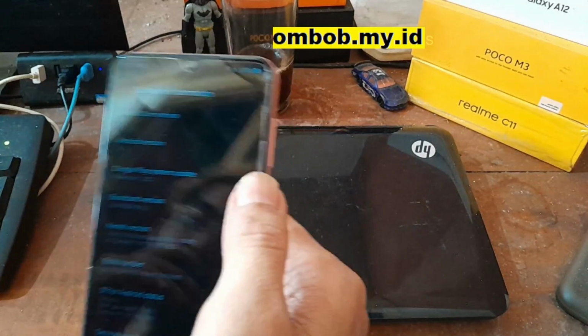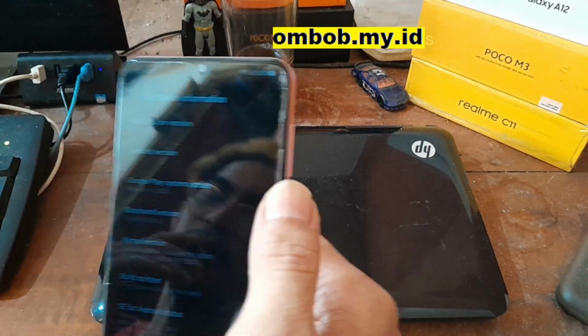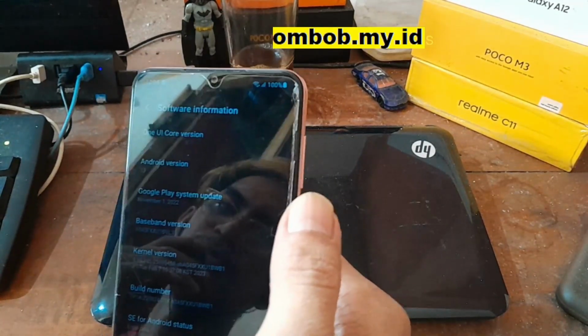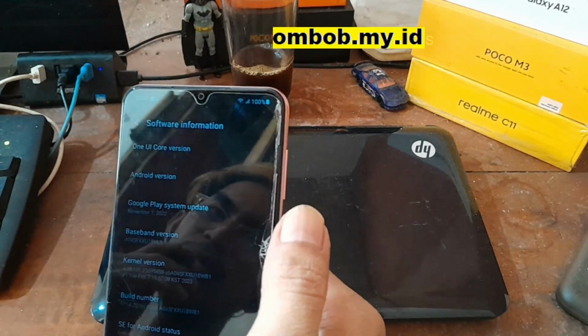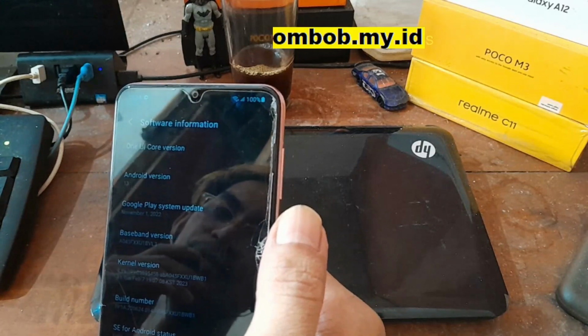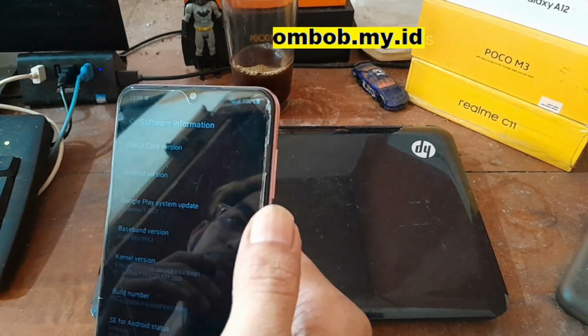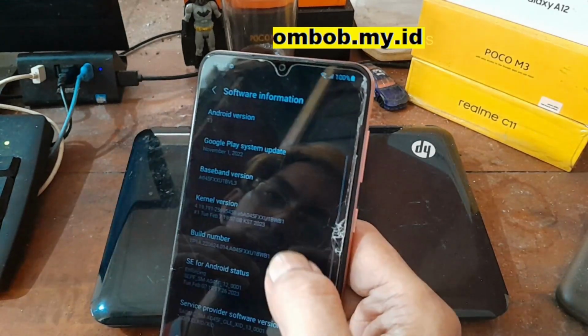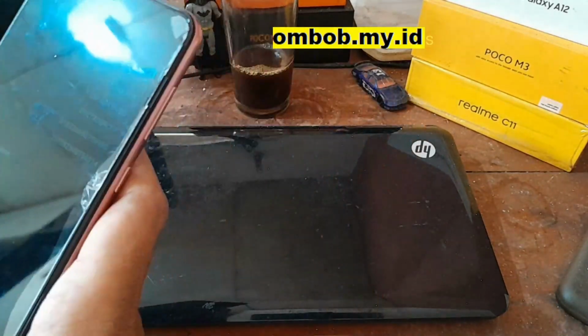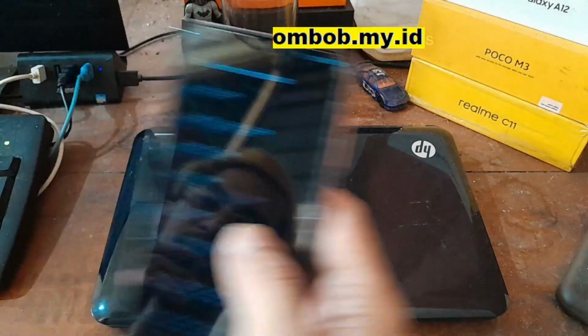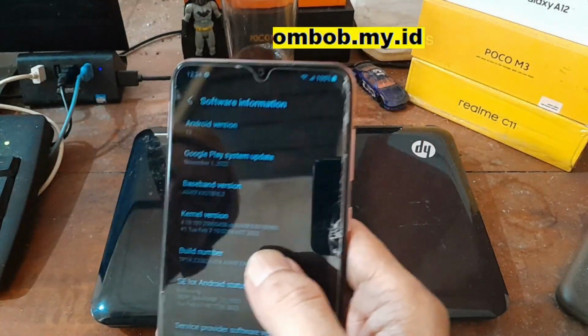This is using the Indonesian version, but if you use another software region, you can use this method. Any other version, region, or Android version. So, let's go back, and first thing you need to do is to enable the developer option